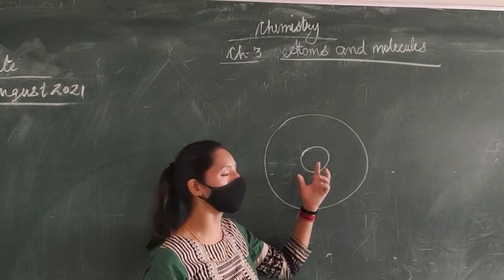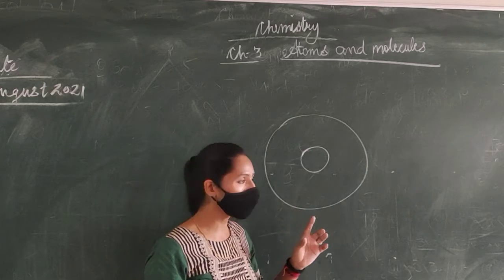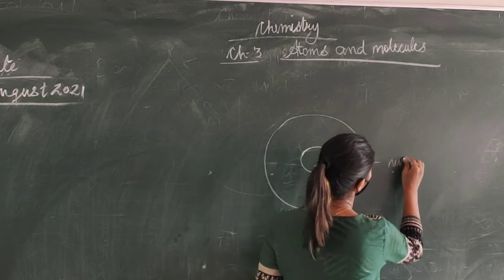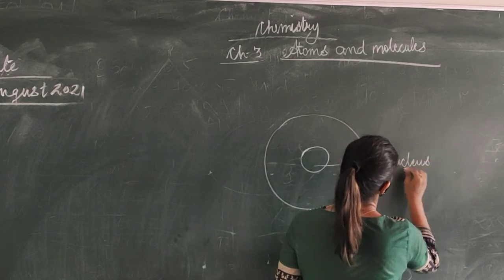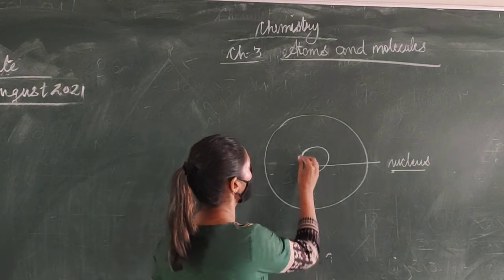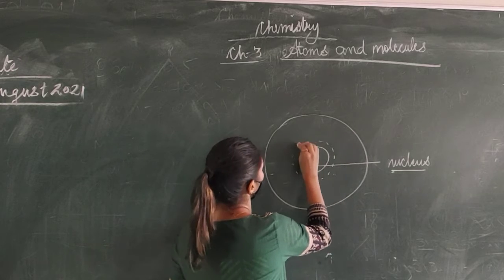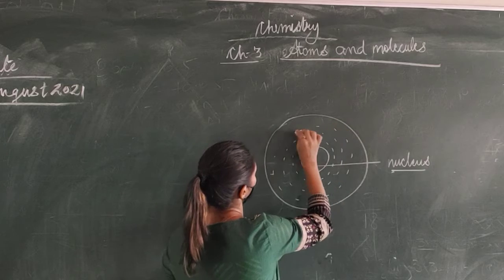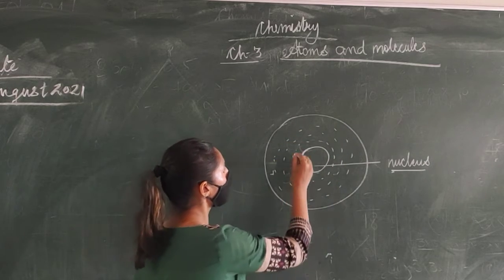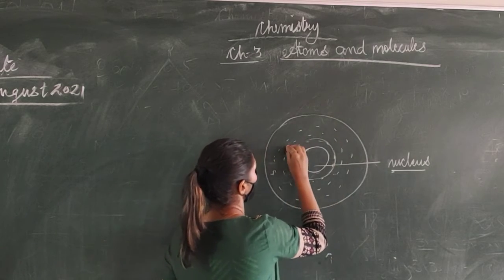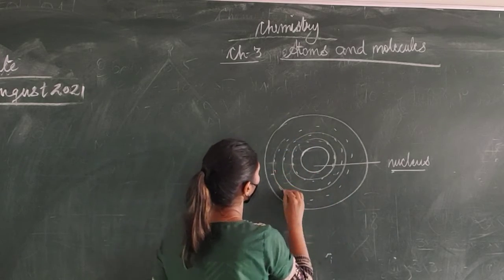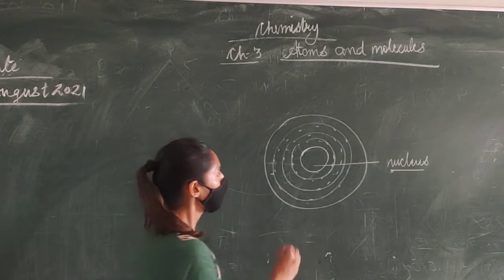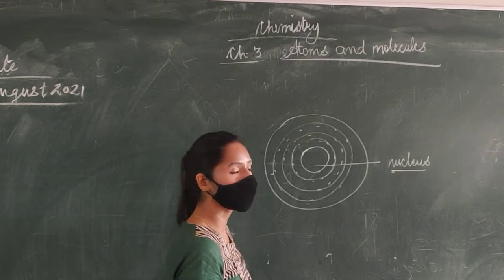So the main thing the atom has, which is dense, is its nucleus. The center part is called the nucleus. And outside the nucleus there reside the energy shells or energy orbits, which are called energy shells. They have a maximum of 4 energy shells, and minimum it would be 1. So inside this nucleus what resides?